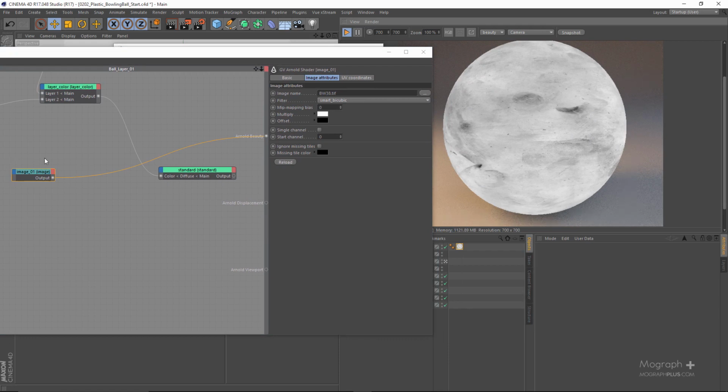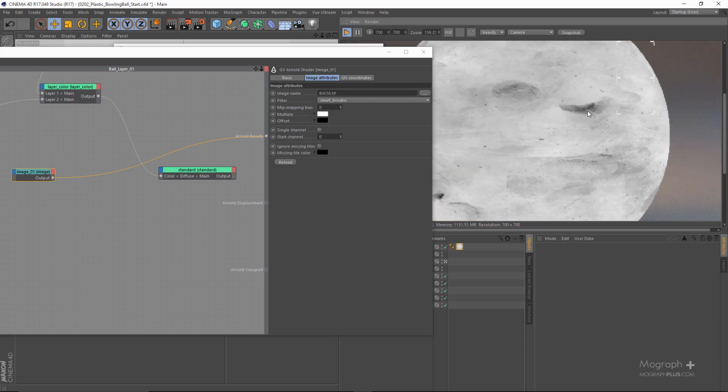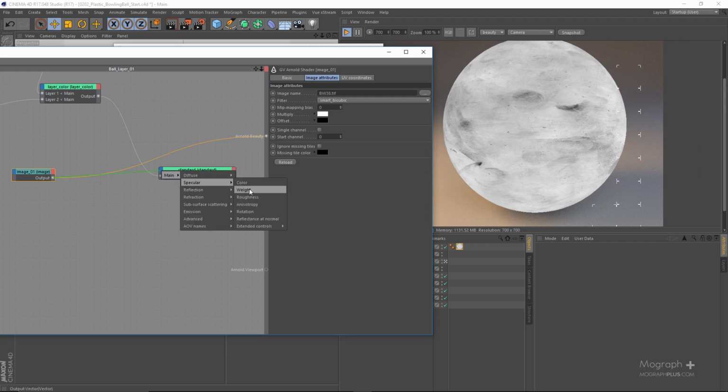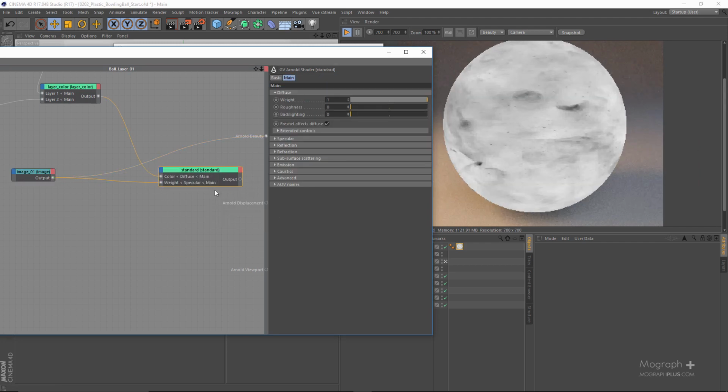And as we are trying to connect this image to our specular weight, and the specular weight is between 0 and 1. So for example, these dark parts would have a very small amount of specular weight, and these bright parts will have basically larger amount of specular weight. And obviously we don't want that much of contrast, because right now if I come here and connect this image directly to specular weight and connect this standard shader,